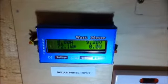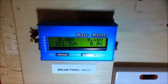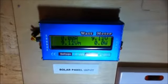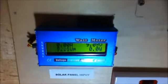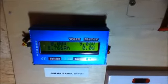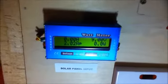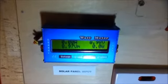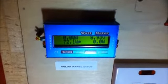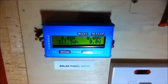The figure in the bottom right is the power coming from the solar panels. Obviously at night this value reads 0. Now we'll turn our attention to the number on the bottom left as it scrolls through different things. I will just tell you what it says. We have peak power from the solar panels, which is